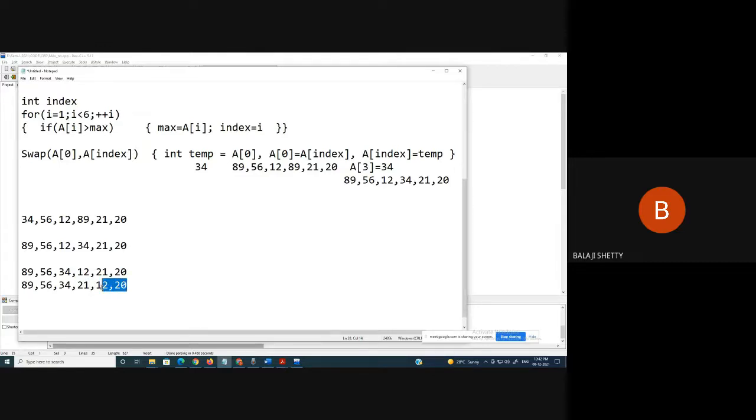Again, repeat the same process for the remaining series. So here you get this series. So in this way, we are sorting the numbers by selecting the first largest, second largest, third largest, fourth largest, fifth largest, sixth largest. And this is called selection sort in programming.